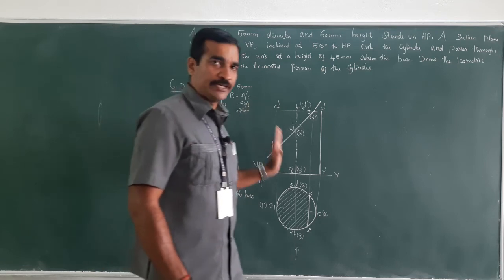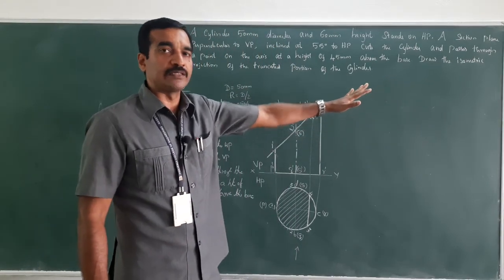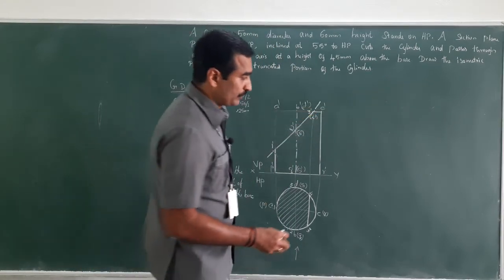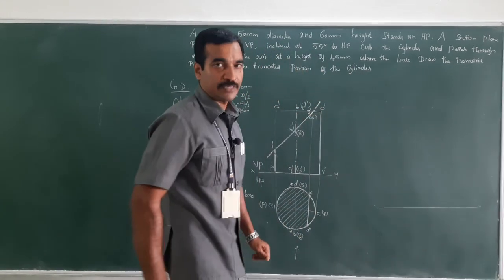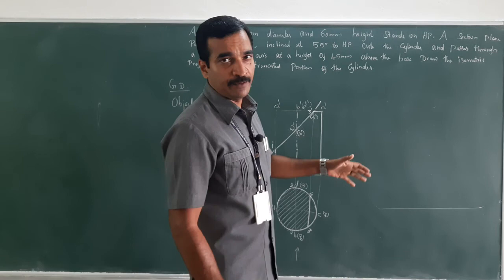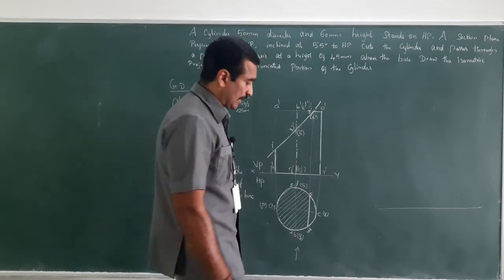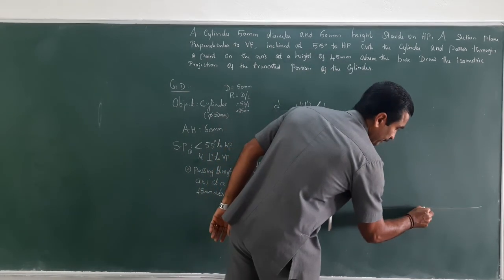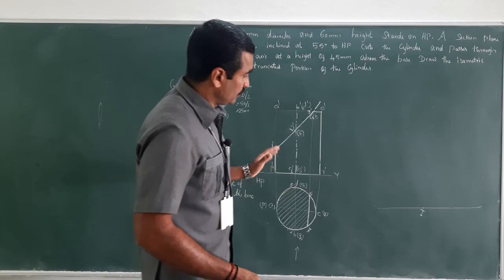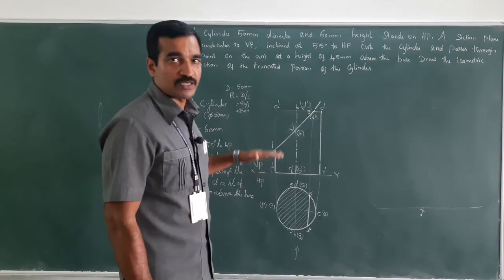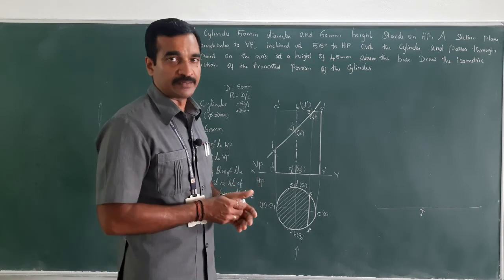Now this 2D needs to be converted into isometric projection, that is 3D. For which, you first have to draw a horizontal line. Before you draw the isometric axis, you will have to draw a horizontal line. Now choose a point, which should be 1. Before that, you will have to form a box, because the method adopted to construct the isometric projection is the box method.